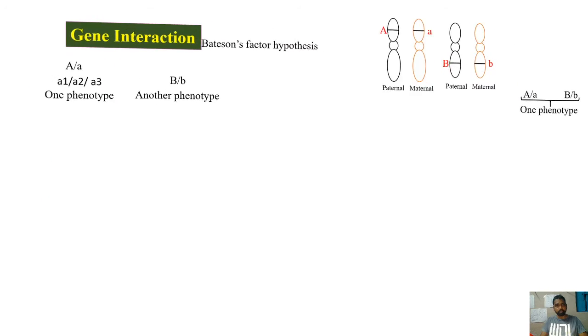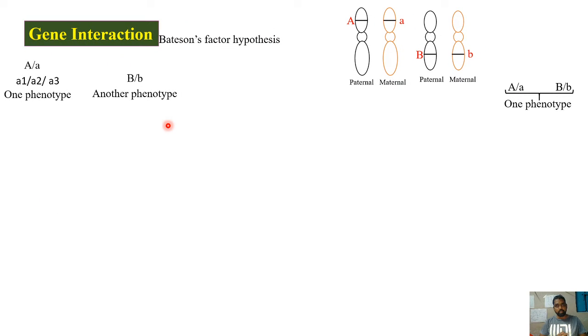Now, the total gene interactions can be classified into two different categories. So first we'll try to understand what exactly this classification is. This is what we have seen just now. When there is independent phenotypic expression, I'm not talking about the segregation here, we are talking about expression. When you consider capital A small a as one allelic pair, capital B small b as another allelic pair, this one is responsible for one phenotype, this one is responsible for another phenotype. So there is independence with respect to the phenotypic expression.